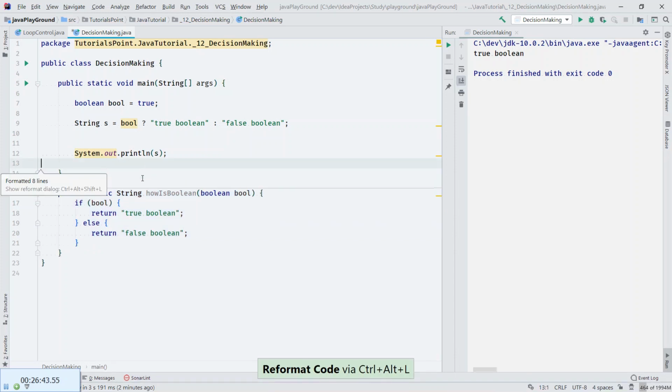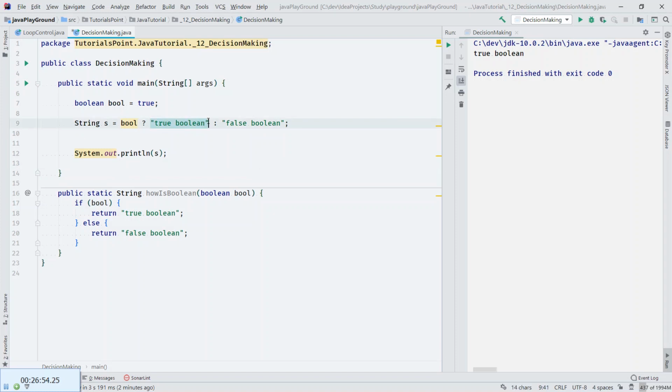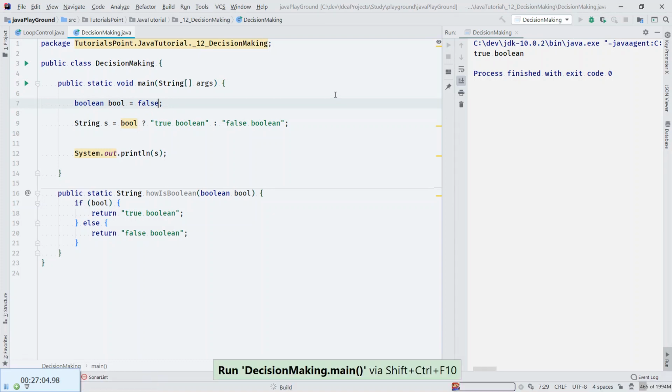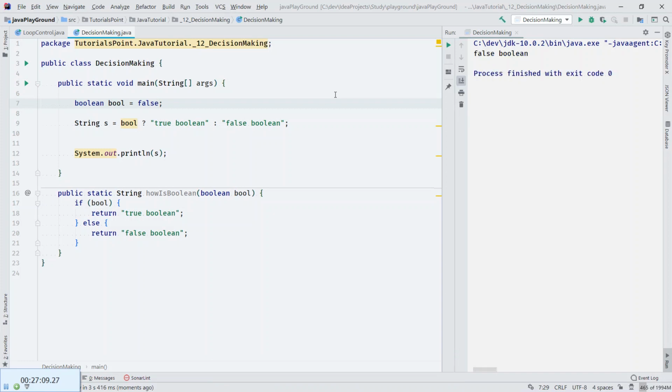Okay, I defined the function in the wrong spot. So basically this is what it's doing. If this condition is true return this one, and if this one is false, return the other one. So I can say false, and when I run it, it will say false boolean, and that's it. It is a shorthand.